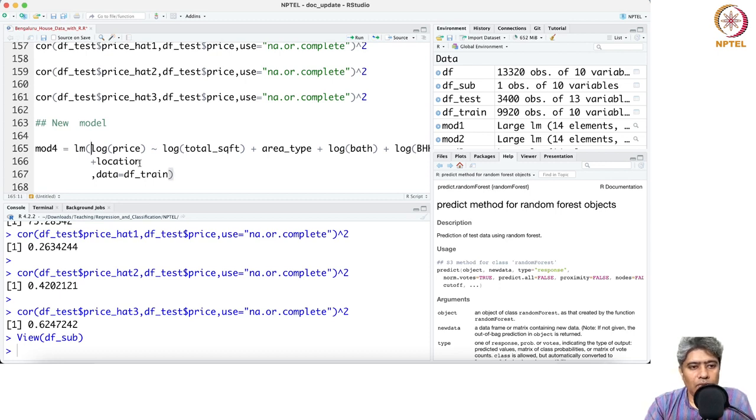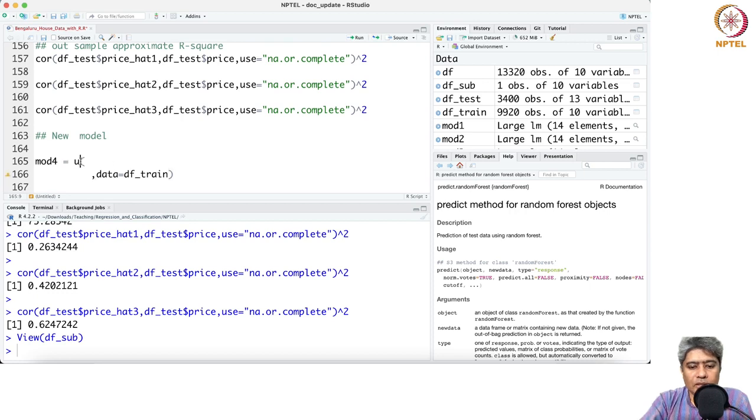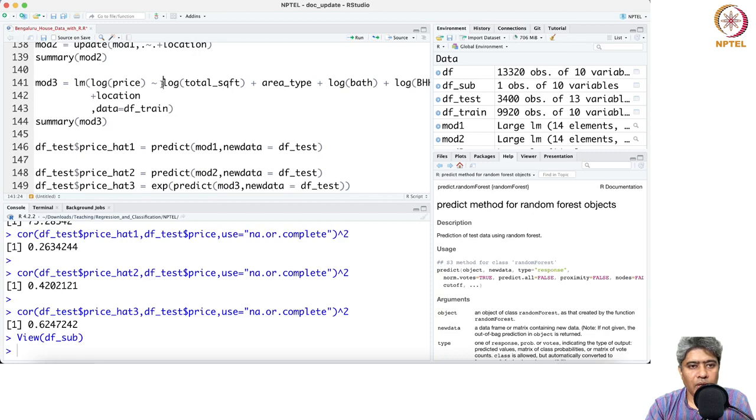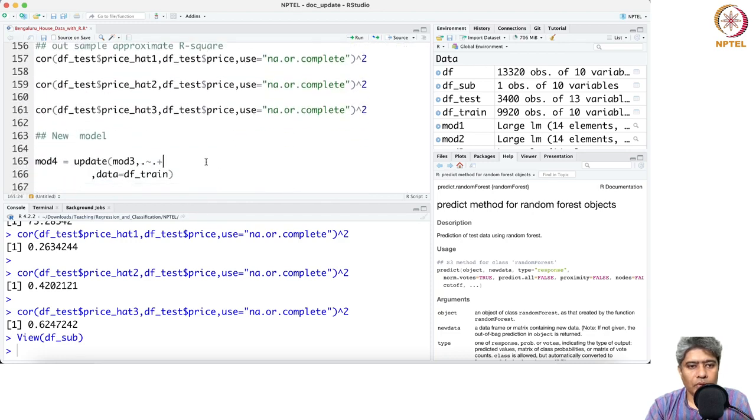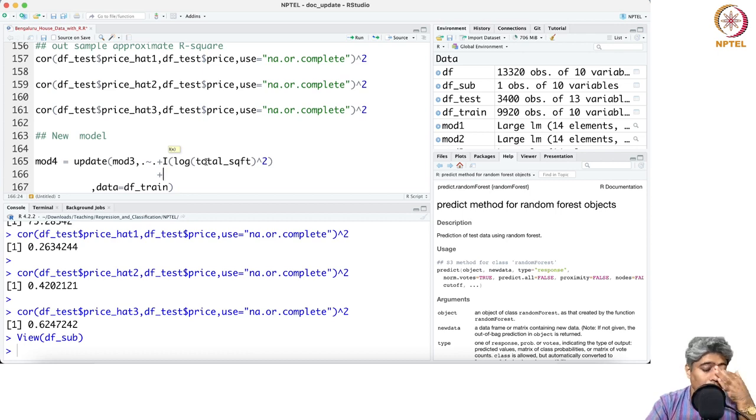Because we don't want to run model 3 again, we will just update mod 3, and whatever we have along with this, maybe we put a square term of this, a square term of that, plus log of bath